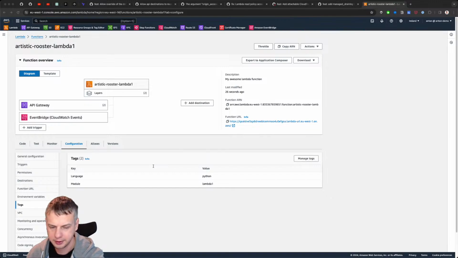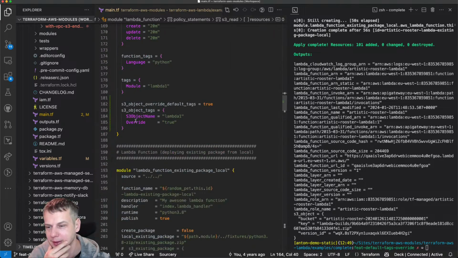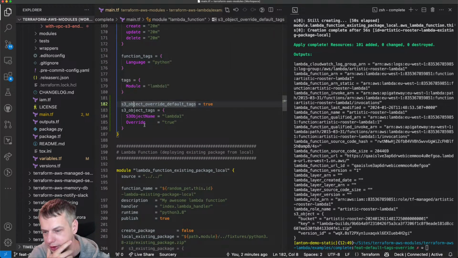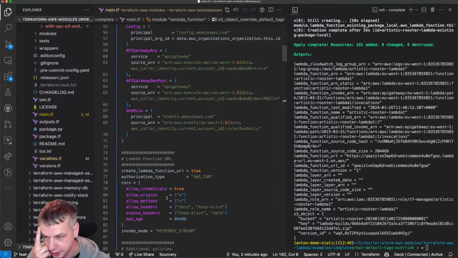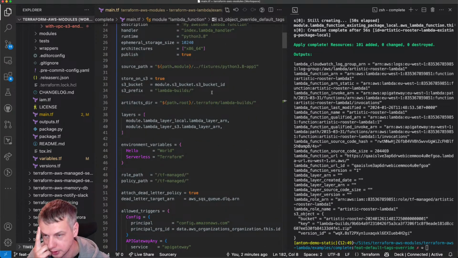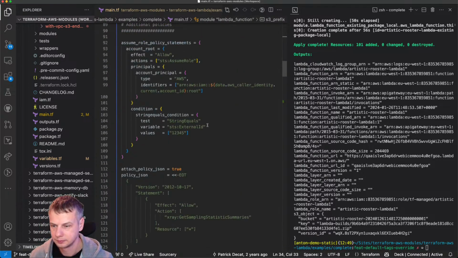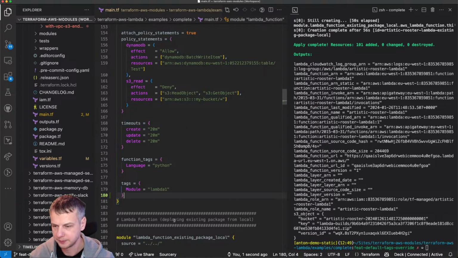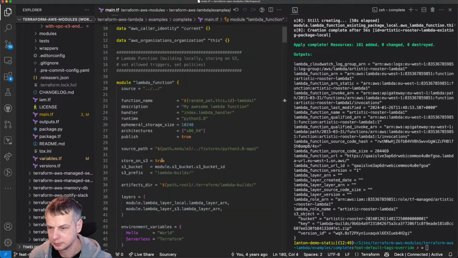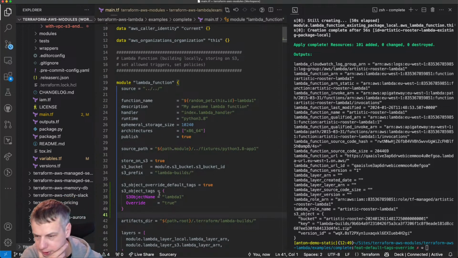I have probably fixed tags in the wrong places, because S3 object is only needed for Lambda functions where the S3 object is stored. Yeah, okay, here it's actually stored. Right, so this is a good example. Maybe I need to put these tags a bit higher. Somewhere here. Yeah, I think it's good to have it closer.